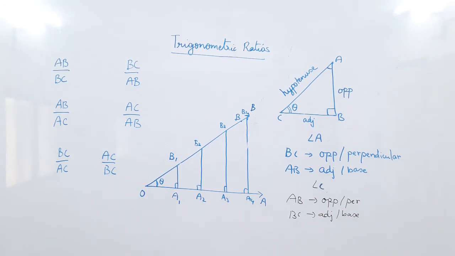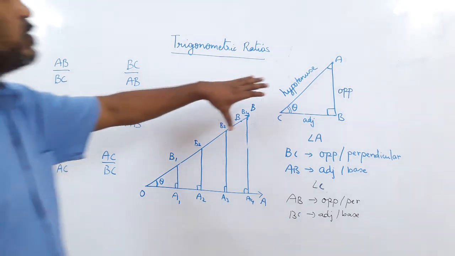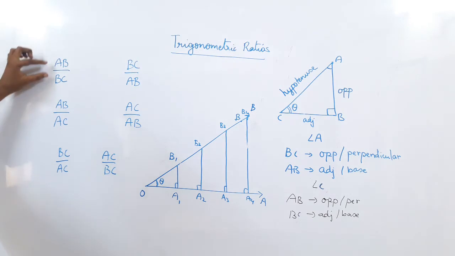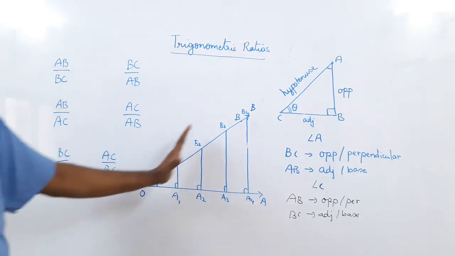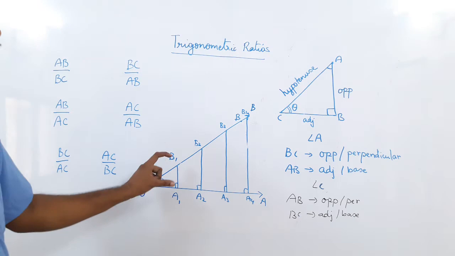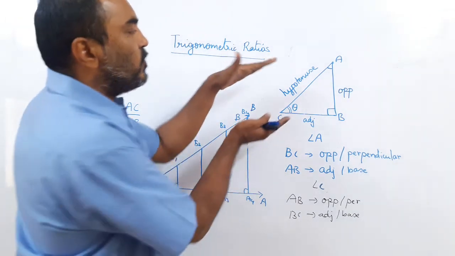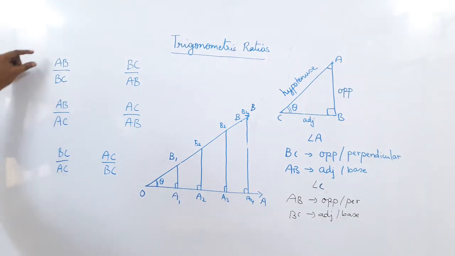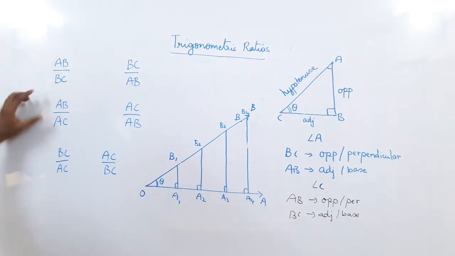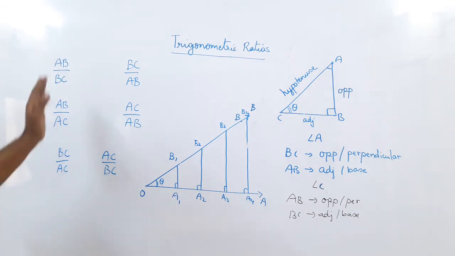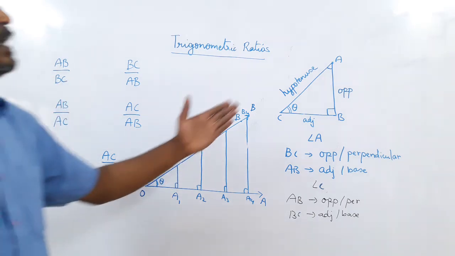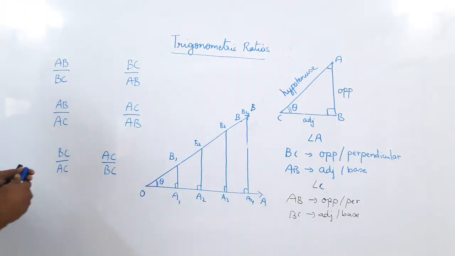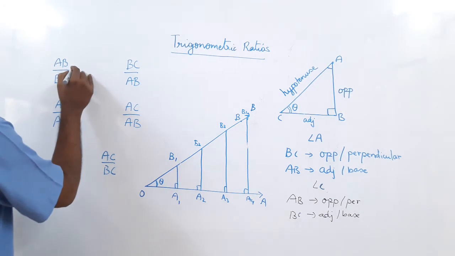Okay, so what have you noticed? A triangle has got 3 sides, so 6 ratios are possible. The ratio of AB and BC. Now I am not going to similar triangles. What I already learned, that the ratio of the sides remain equal. So now even if the triangle becomes bigger, the ratio remains the same. So these are the ratios I have taken. I have taken AB and BC. Okay. So these are the 6 ratios I wrote on the sides. But the name of all triangles is not ABC. They can be any name. So now I will write the same ratio in which form? I will write it in their side forms.